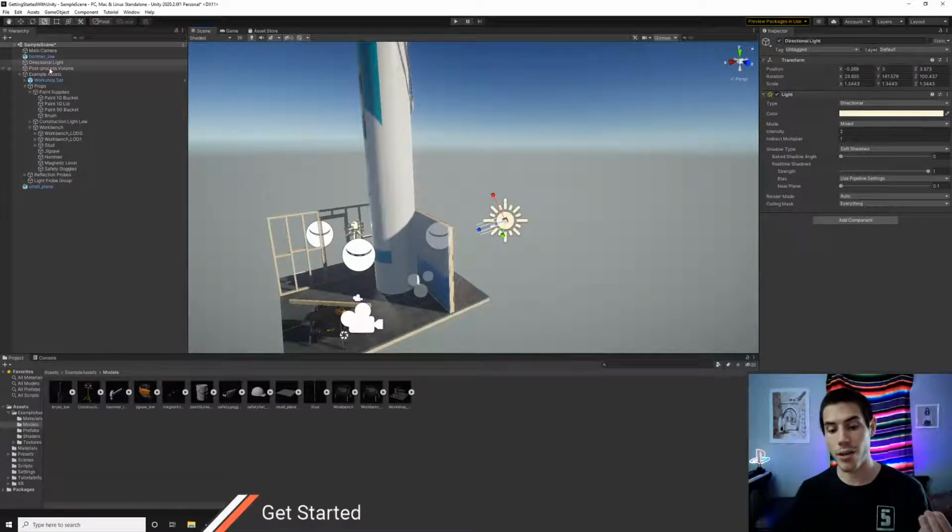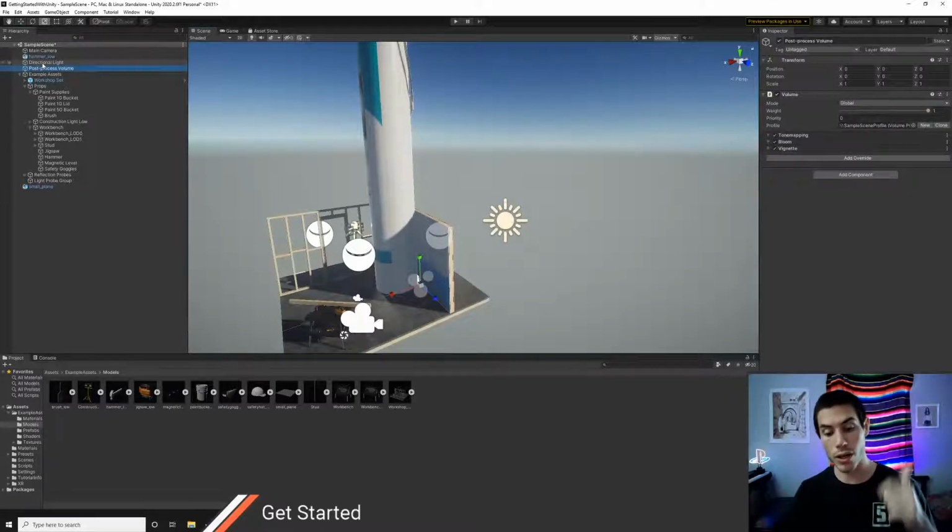Now, just because I called this directional light, and welcome to the people who just joined. Looks like Goose. Hey Goose, glad you're here. We're just currently going over